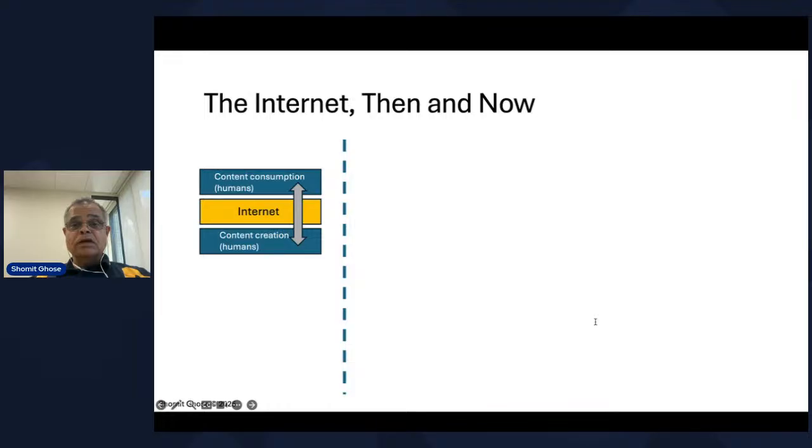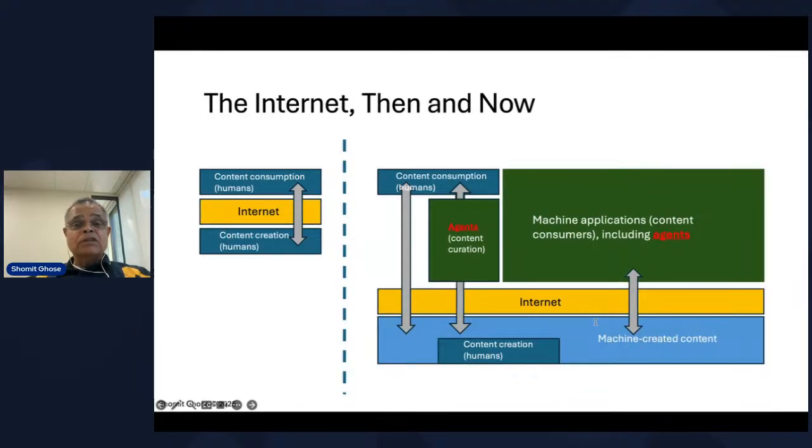They'll be very profound. Consider how the internet was constructed with humans both creating and consuming the content, with the internet serving as the medium of exchange, as we see here. The internet now looks like this. Machines will create content, machines will consume content, and machines will also curate the content that you and I see. So agents are going to become the primary actors on the internet, not we humans. This is why it's so important for everyone to understand what agents are, what they can do, what they can't do, and how all of this will impact human businesses and society. And once again, these impacts are going to be profound.